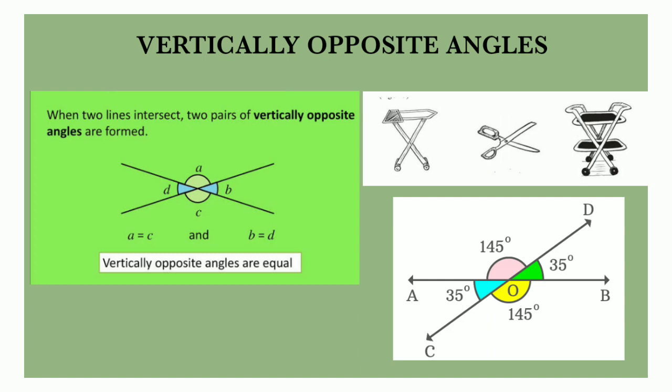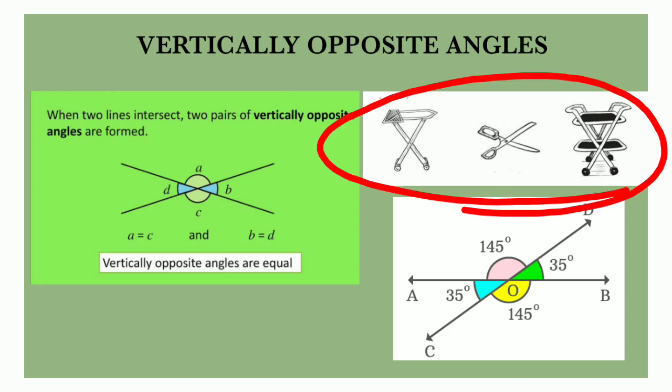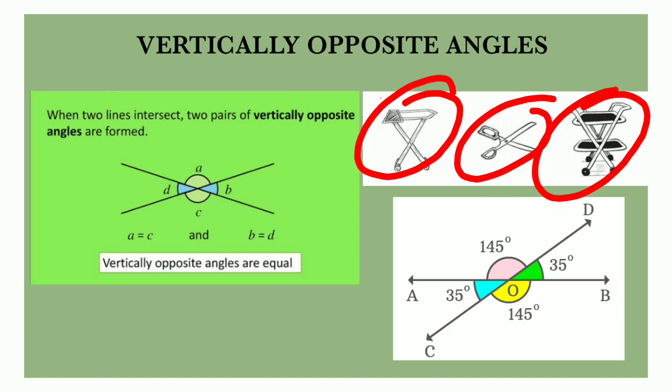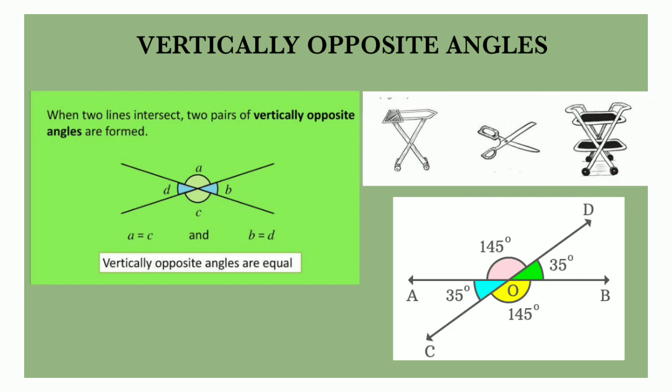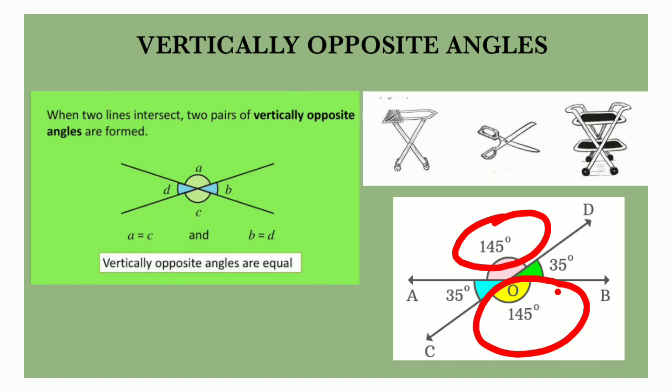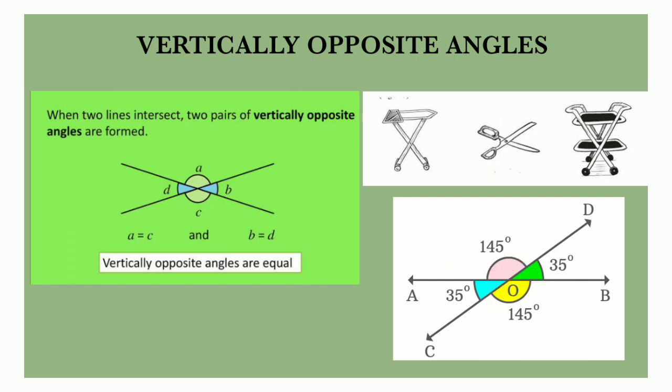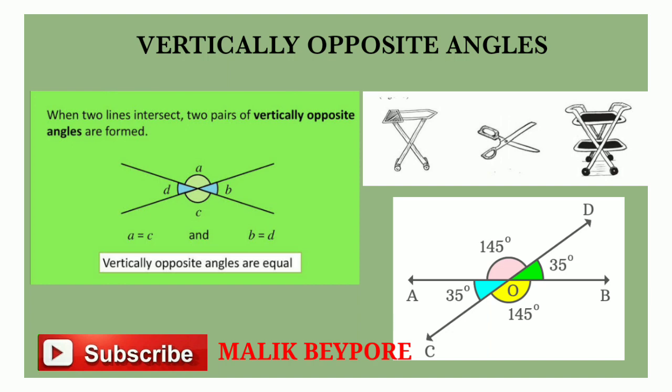See some daily life examples: a stand, scissors, and another type of double stand. So here we can see some vertically opposite angles. So here we have an example. One is 35 degrees, angle AOC, and angle BOD is also 35 degrees. They are equal. And angle AOD is 145 degrees and angle BOC is also 145 degrees. These are called vertically opposite